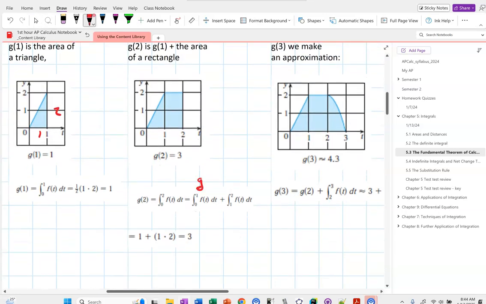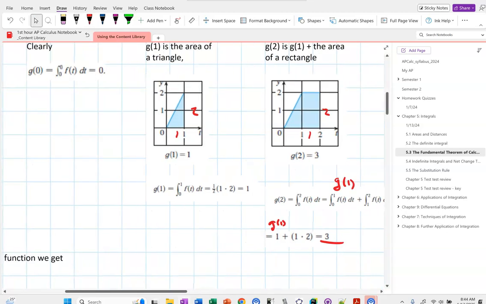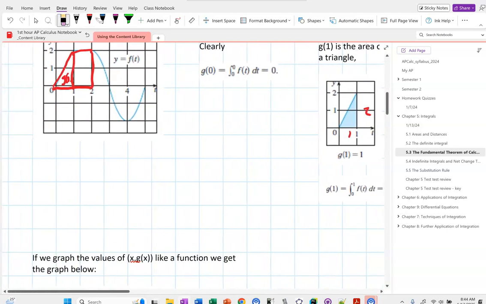So this is my answer for g of 1, right? And then I have this next rectangle which has width 1 and height 2. So if I add that stuff all together, I get 3. So g of 2 is 3. Does that feel okay? All right. So g of 3 now